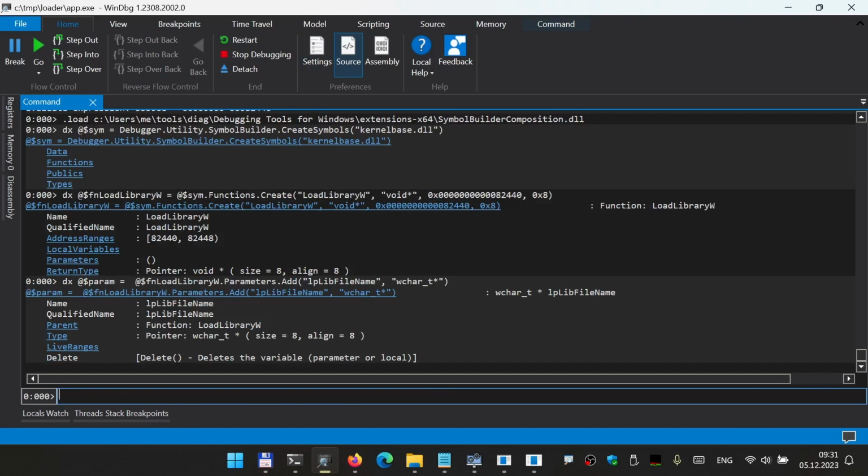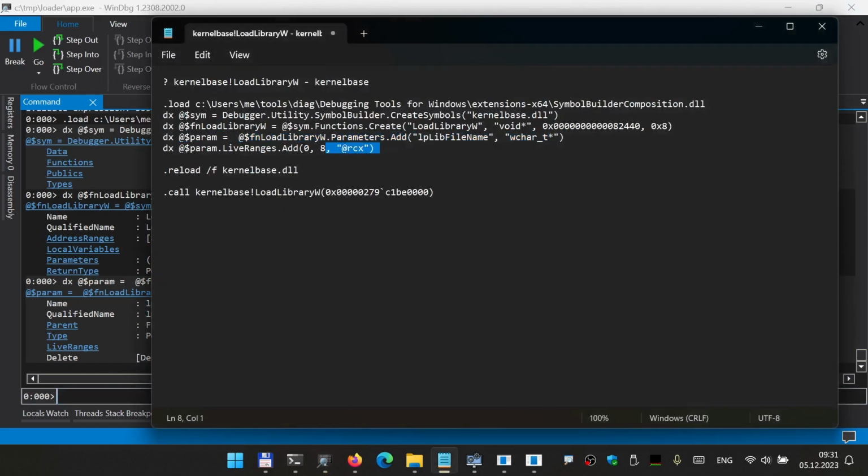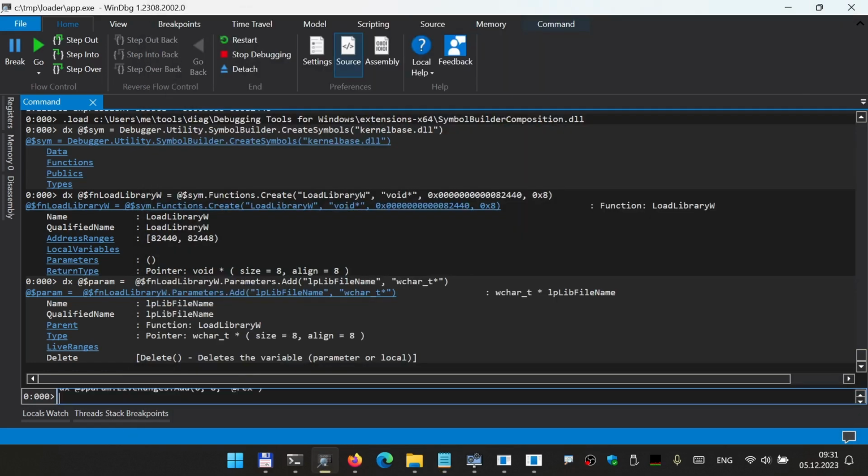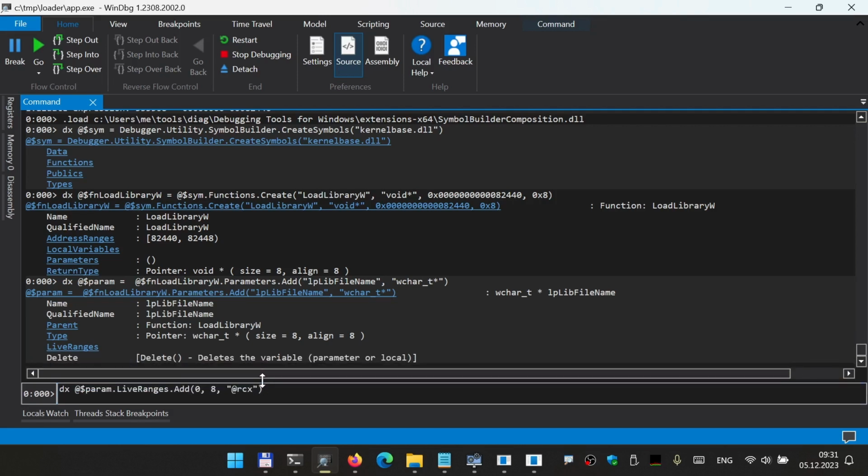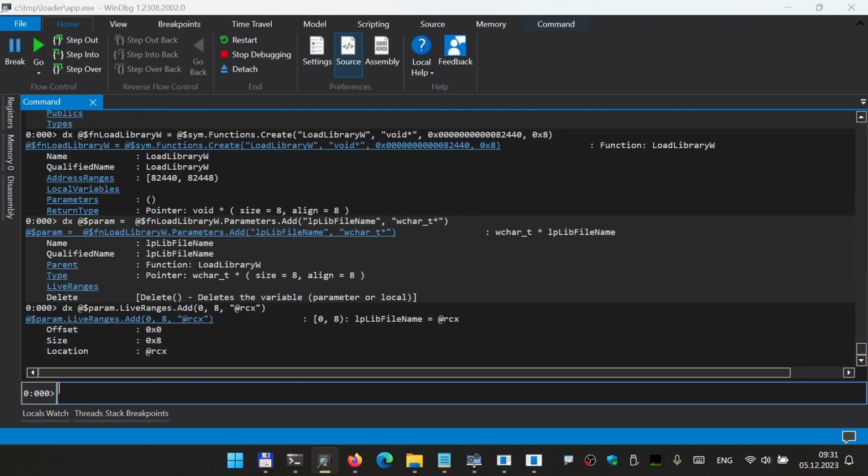And on 64-bit, those parameters are not passed through the stack, so we additionally need to define something called live ranges. Maybe there is a simple way to do that, but I haven't found it. That's how we will match this parameter with the RCX register. So that's the 64-bit calling convention, that the first parameter goes through this register. So we'll assign it to